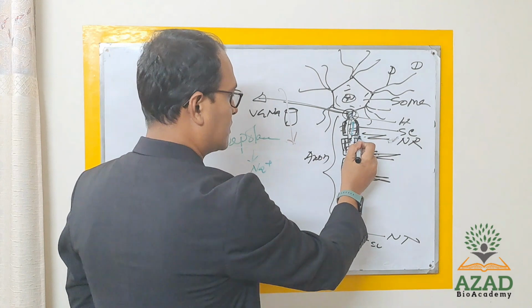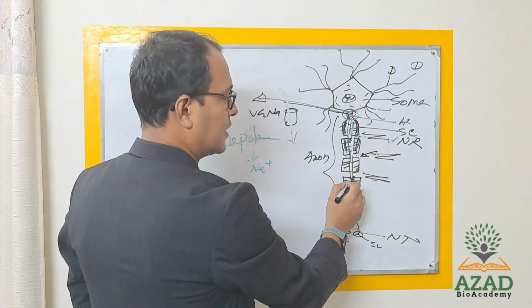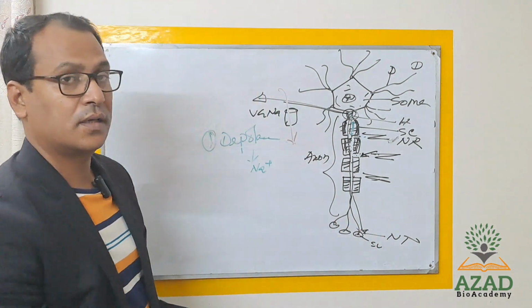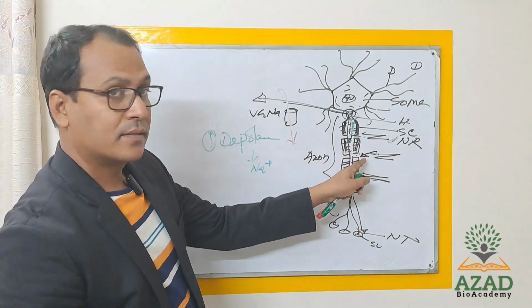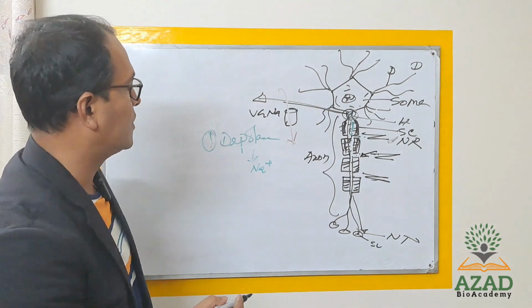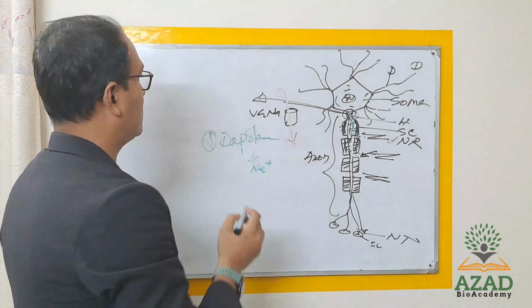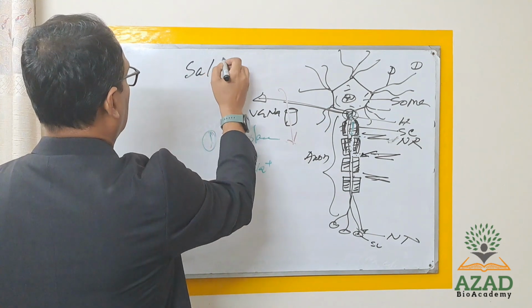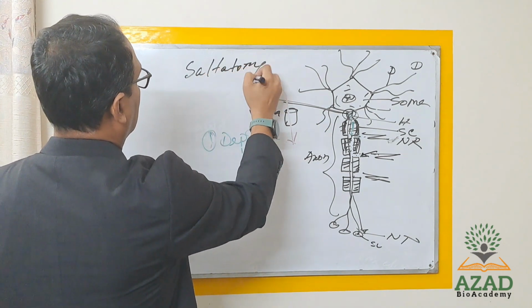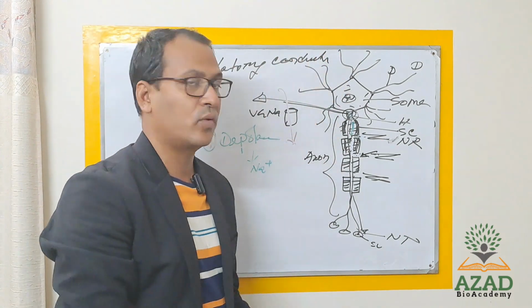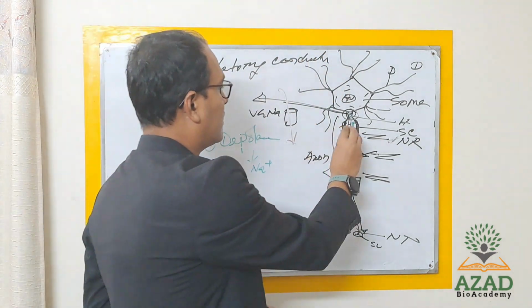So from this part to that part, again that part to that, it will travel towards the terminal, as if jumping. So this is called saltatory propagation of action potential, or you can say saltatory conduction. And this is happening very quickly because here no need to